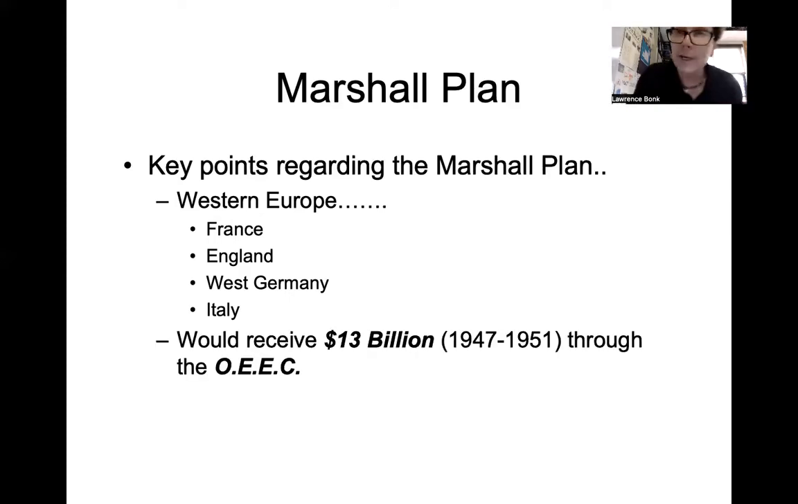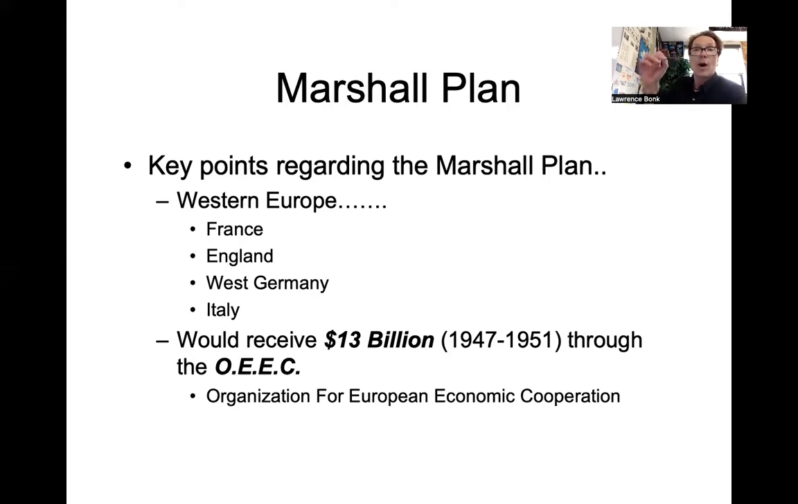So from 1947 through 1951, all of these different places in Europe, primarily in Western and Central Europe, and I should also include Austria with this as well, they would receive over $13 billion. And that's in the currency of the time. You convert that into today's currency, that easily exceeds over $100 billion between 1947 through 1951 through what's called the